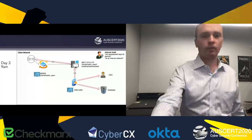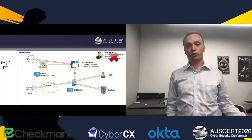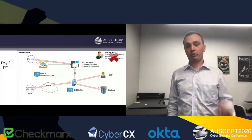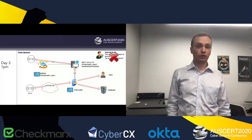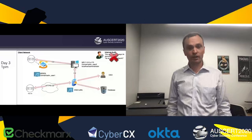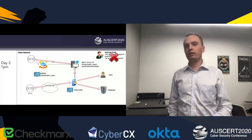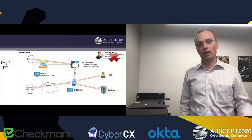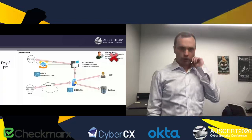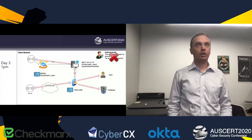So off the back of this, we then decided to do a demonstration of what code execution would look like on local systems, off the back of which we managed to create a command and control channel out to our own infrastructure sitting in AWS that allowed us to effectively perform all the actions we did on day one from the internet, based on the assumption of malware presented through ad campaigns,